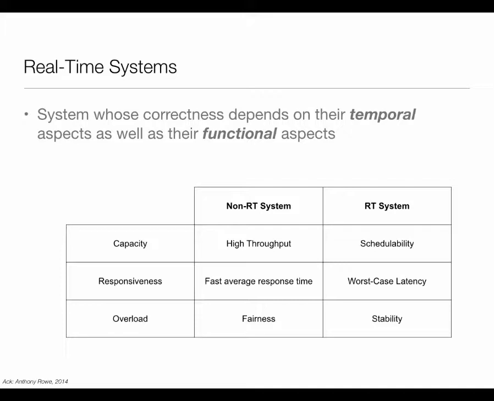And the final thing is, what happens under overload conditions? Let's say, for example, some unanticipated task came in, or maybe too many interrupts are coming, or things like that. In a non-real-time system, the usual goal is to let everyone be penalized fairly. So if the processor slows down, everyone takes it. Here, some tasks may be more crucial to stability and some less so. There would be some things which are more critical for our system not crashing or not doing something which causes some sort of damage.